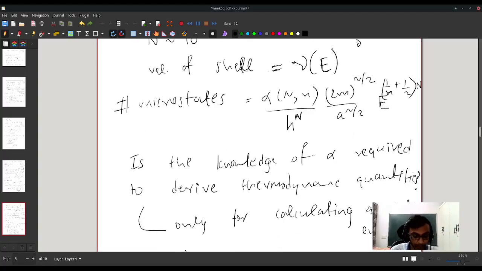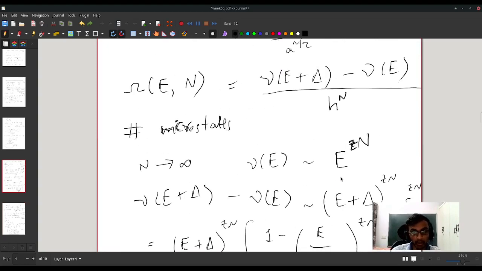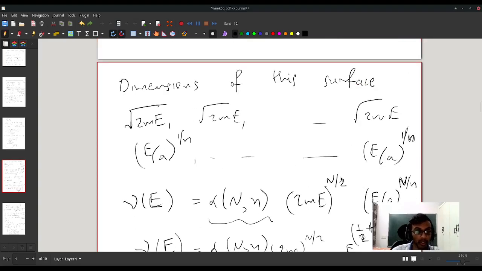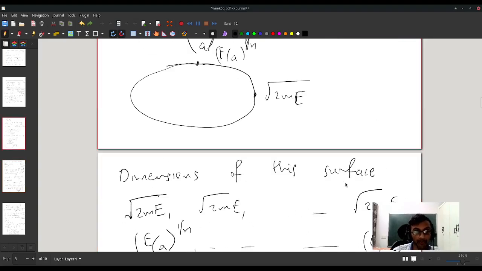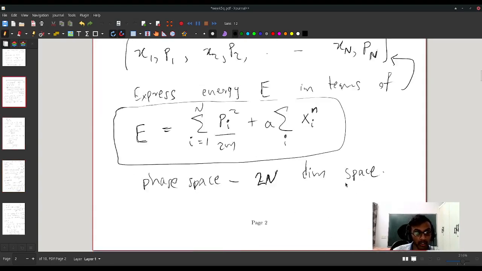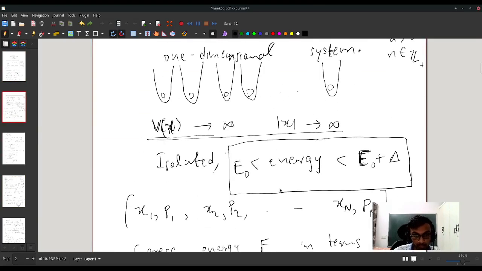Okay, so this is one example where we calculated the phase space volume to find the number of microstates, and hence some thermodynamic quantities like heat capacity here. So this problem is just to illustrate that